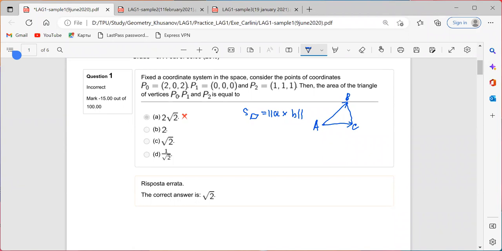We can denote this vector by vector A, and this vector by vector B. And in this situation, we can consider this formula where A cross B is the cross product of vectors A and B. We know from the property of the cross product that